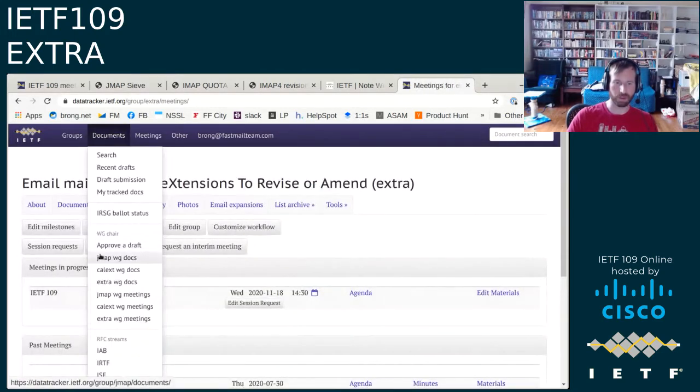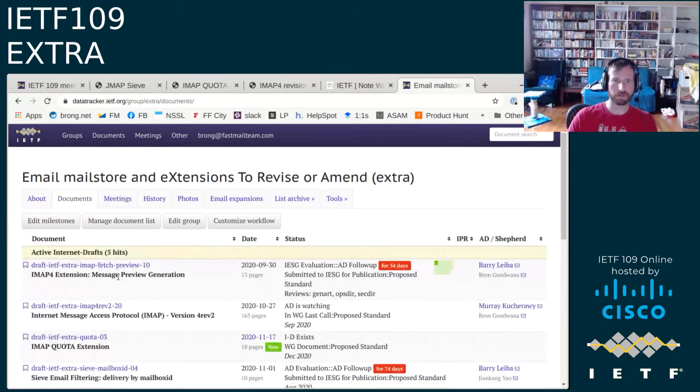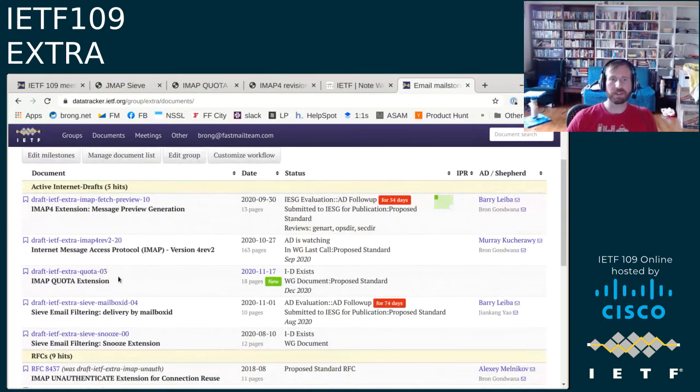So we want to look at the documents. We have Fetch Preview and Civ Mailbox ID that are both sitting submitted for publication and in Area Director follow-up. So Barry, if you are available to talk to what's happening there, that would be great.